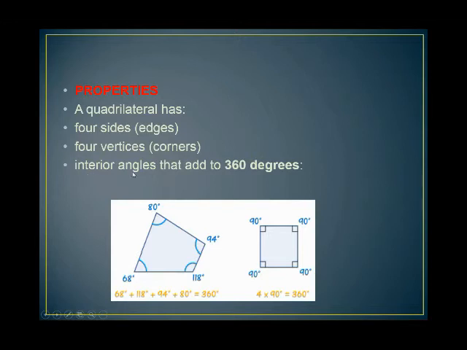Interior angles means the angles which are formed by the two segments of a quadrilateral or a closed figure. So the angle which is formed inside the closed figure is considered an interior angle. When we add the measures of all the four angles of a quadrilateral, the sum is always equal to 360. As you can see, many angles are given here, and we also have some 90-degree angles. So the sum is always 360.